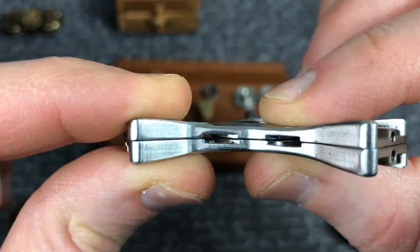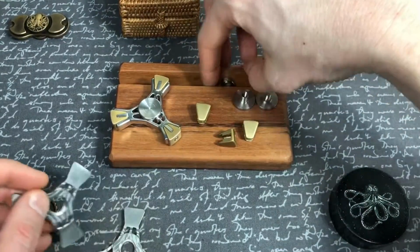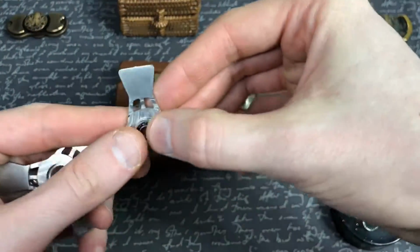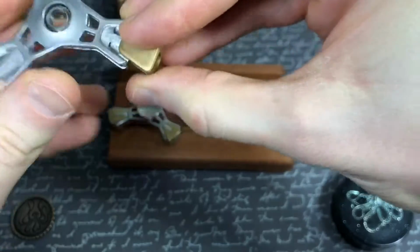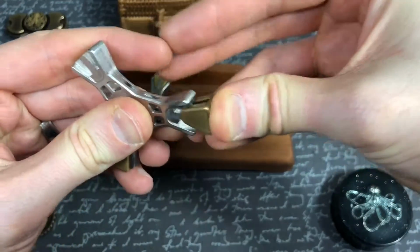And for the most part, they kind of line up pretty close. But as soon as you started throwing in the bearing. Was this the bearing that was in there? I think so. As soon as you throw in the bearing, and then you put the weights on, and then you try to screw the weights down, he was having issues where it was causing this